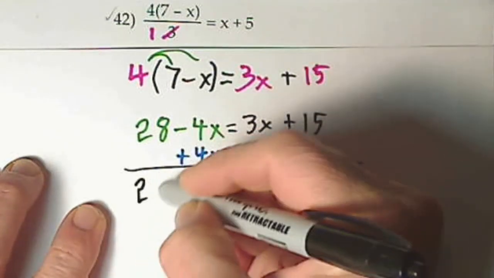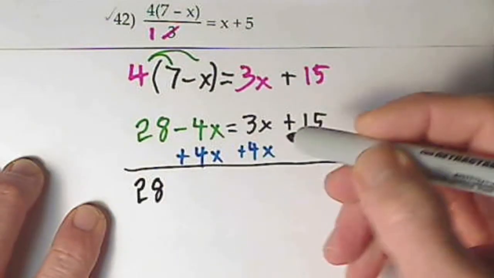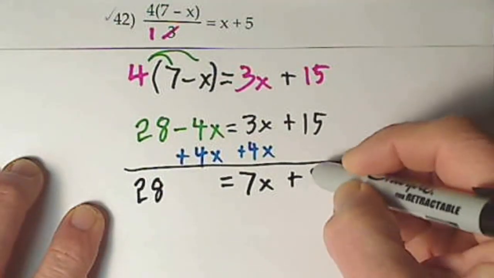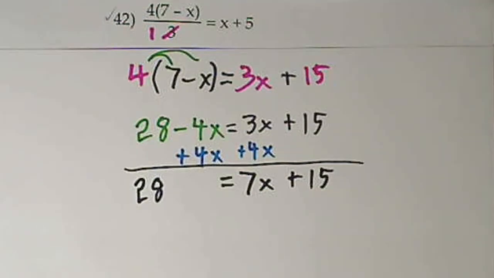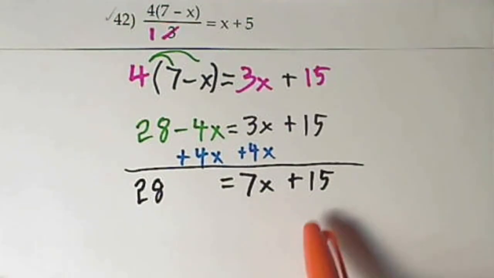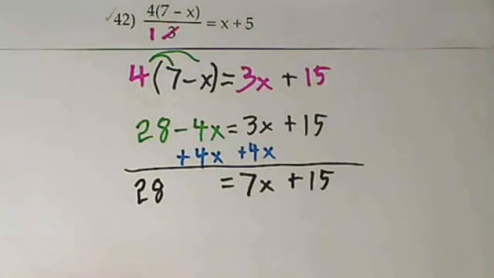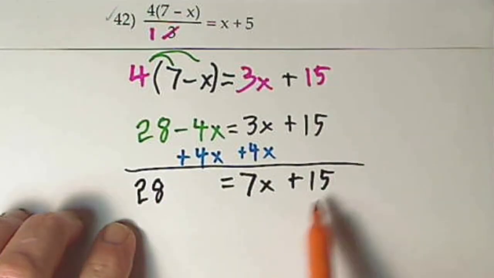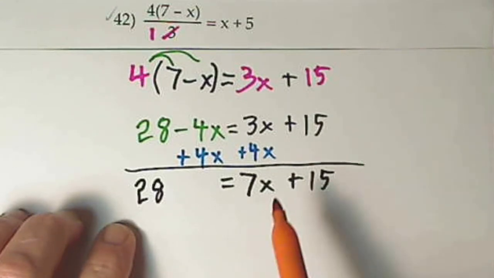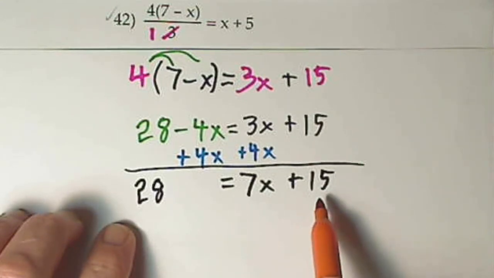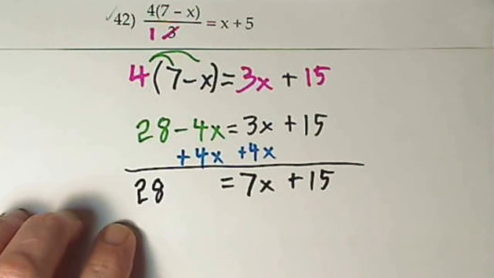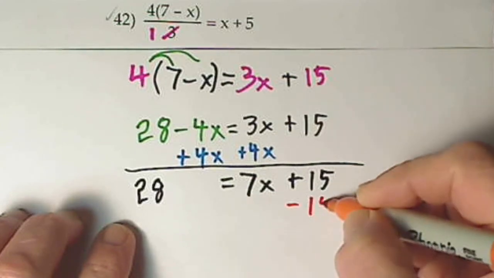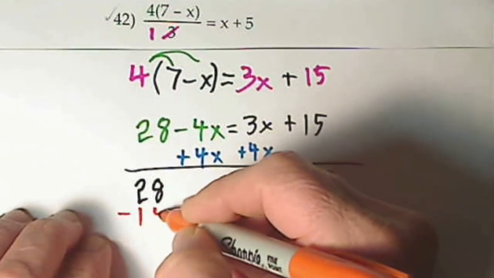So this is 28. That's a 0. You don't have to write it. We now have 7x and plus 15. You want to get rid of this 15 over here, because if you get rid of the 28, you'll have everything on one side of the equation. You don't want that. You want x on one side, and you want to get rid of this 15, and you want to get rid of the 7. We'll start out getting rid of that 15 with a negative 15, negative 15,